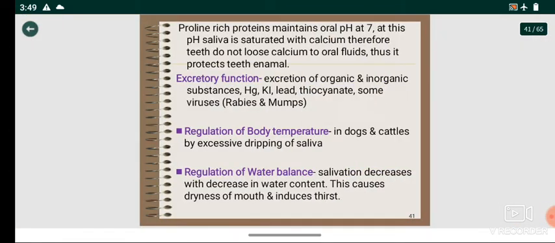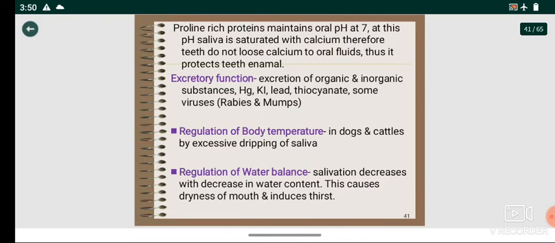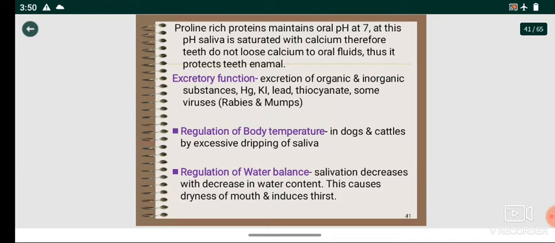Now the proline rich protein, this is very important, so you all should know this, that the proline rich proteins maintain the oral pH at 7. At this pH, saliva is saturated with calcium, therefore teeth do not lose calcium to the oral fluids, thus it